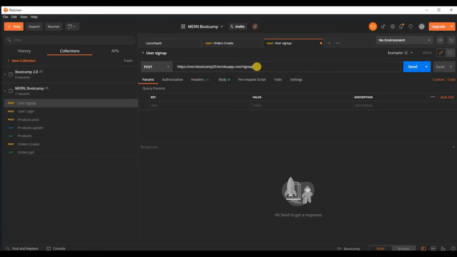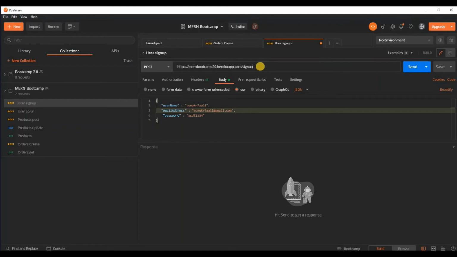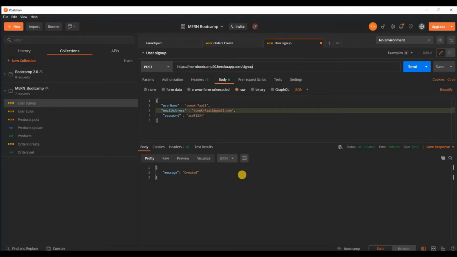So let's go ahead and click on sign up, and we have the body. So email, password. Let's change the email and password to A11, and let's go ahead and do a sign up. See, message created.